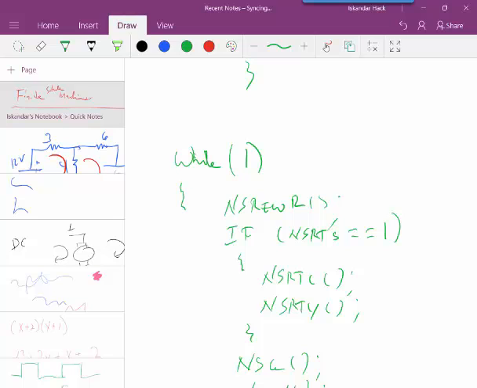Probably 75% of embedded control systems use some form of finite state machine control. So I'm kind of skipping through it towards the end of the semester, and I probably should move it up more toward the beginning of the semester. Another example of a finite state machine